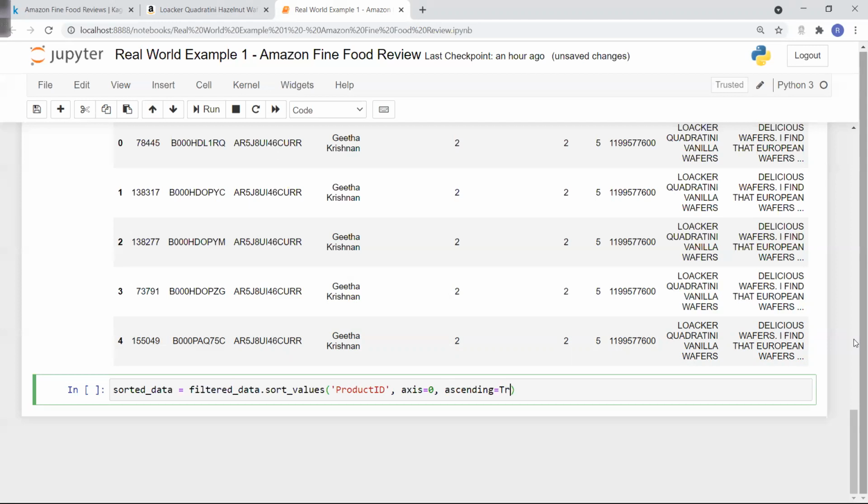Ascending order, I want it as true. Inplace equal to false, which is not going to replace the data. Kind is basically what type of sorting I want, so I'll do quicksort, and na position equal to last.